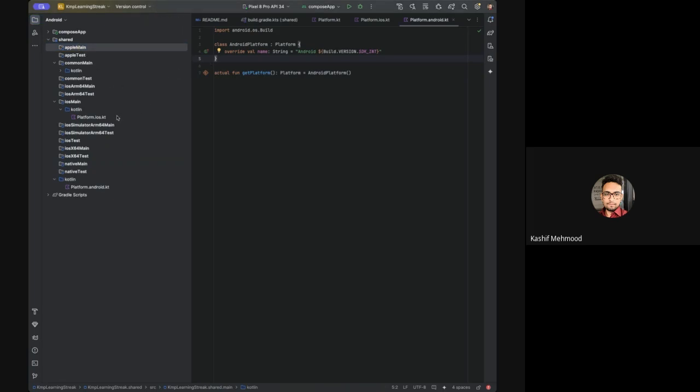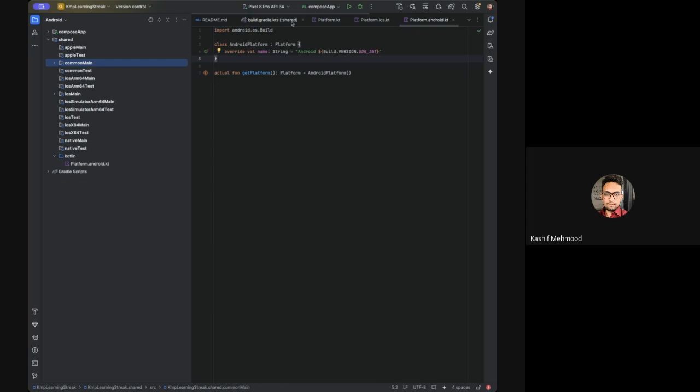I can write that inside Apple main and it would work. But for that, I will have to make all the other source sets like iOS depend on the